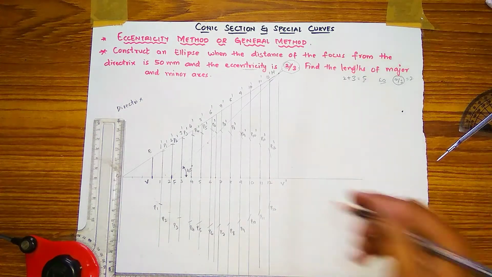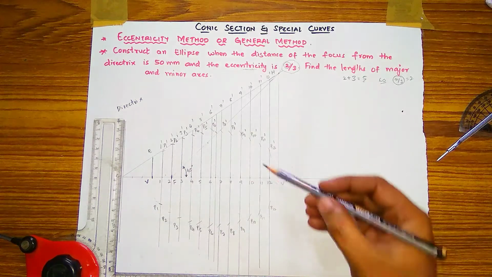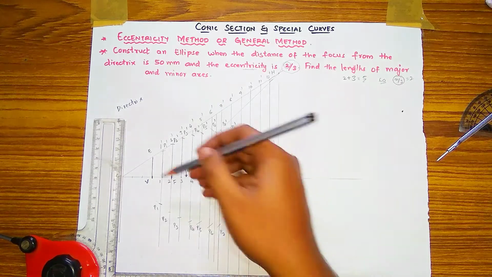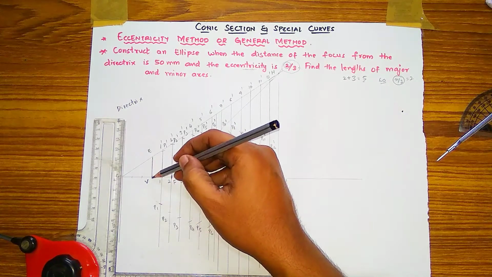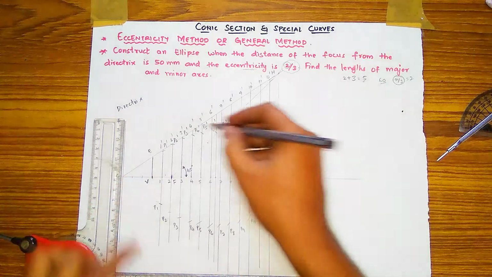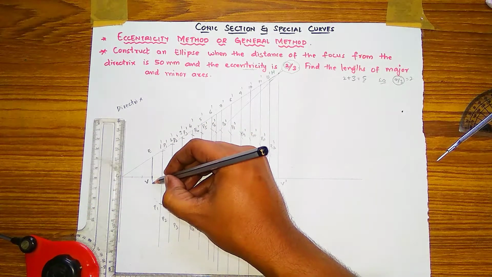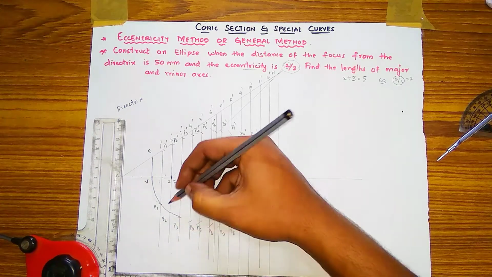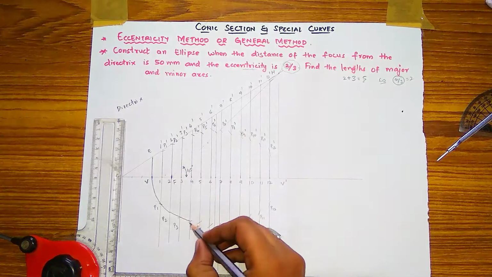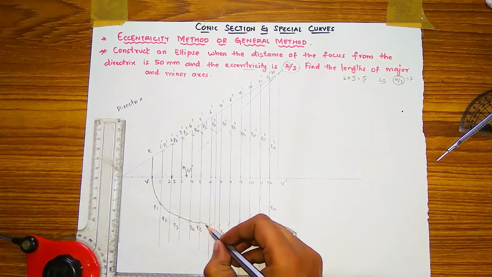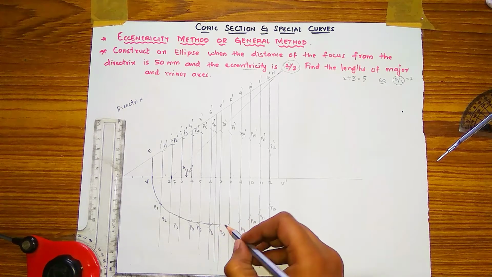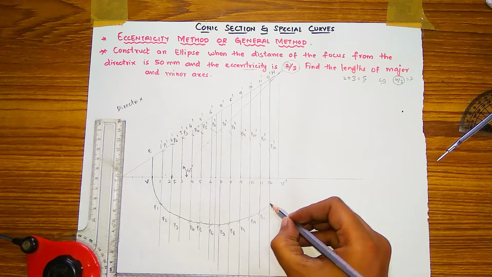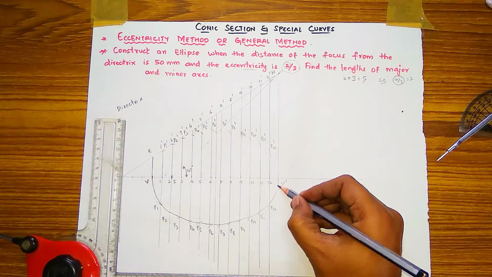Okay, now after getting the points of the ellipse, you have to make the ellipse with your free hand, or if you have a French curve, you can do it making the arcs with the French curve or free hand. From vertices to vertices, your ellipse will be constructed. From V only you have to start like this. With free hand I am doing from P1 by joining this, P3, P4, P5, P6, P7, P8, P9, P10, P11, 12, then to V dash vertices.